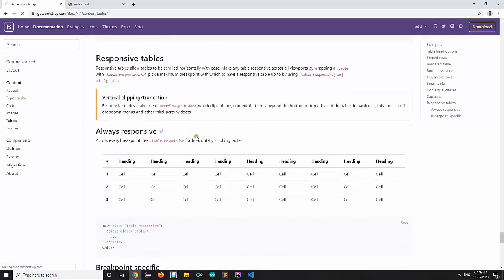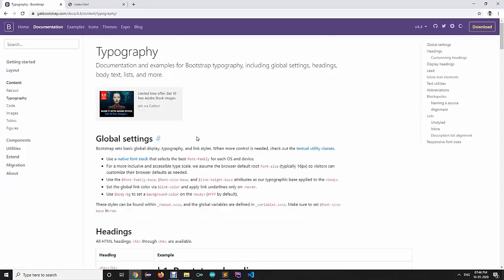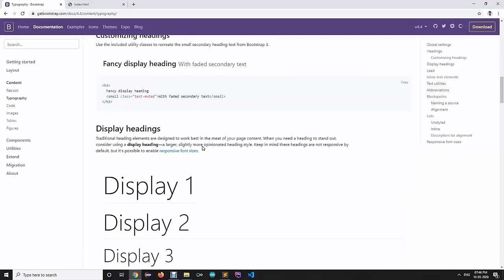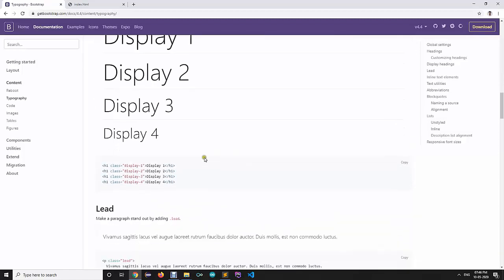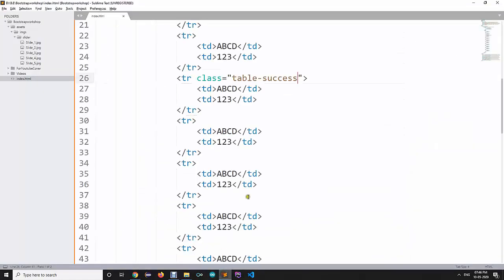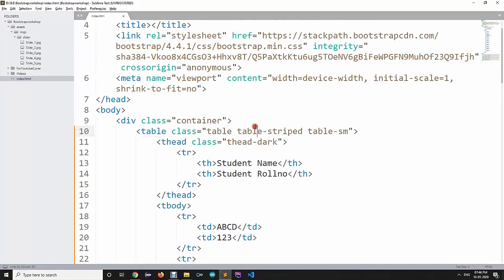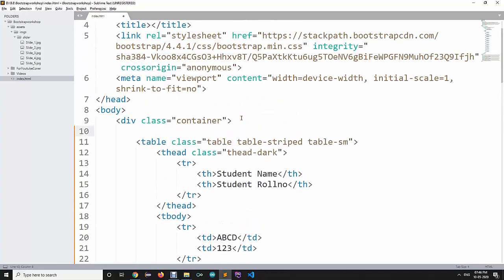There is one more section which we are going to cover in this particular session, that is typography. So Bootstrap provides lots of typography classes. For example, if we want to highlight certain things, for example, I want to specify what it is, obviously I can use an h1 tag, student details, right?